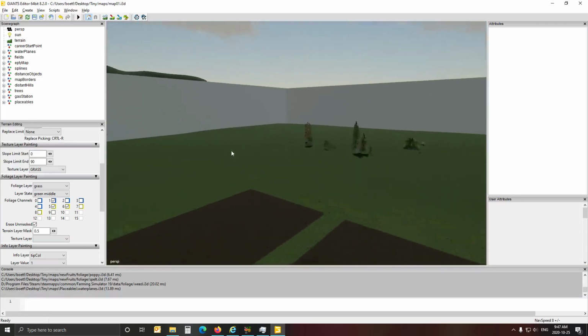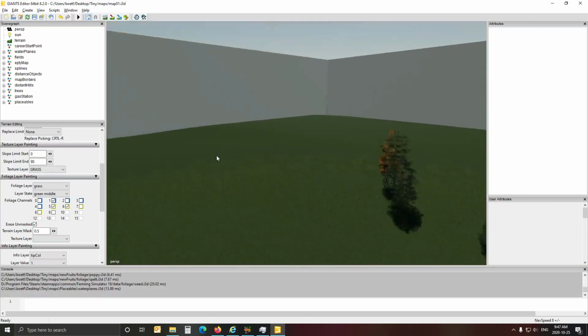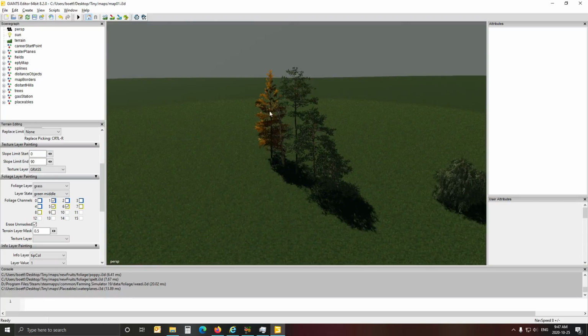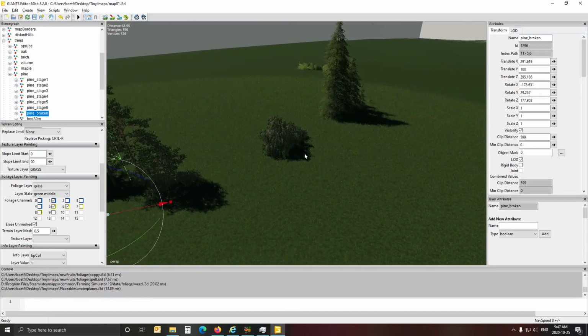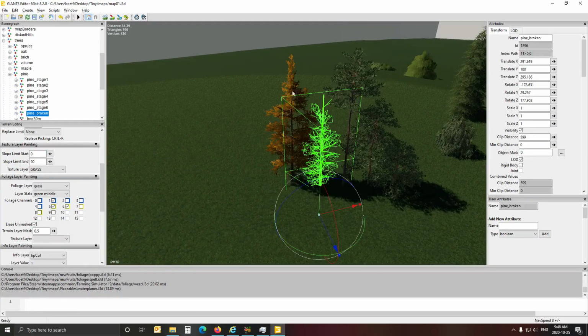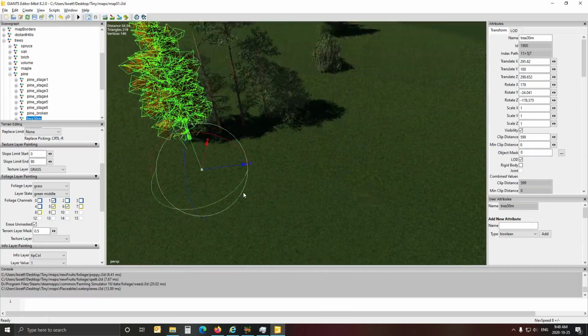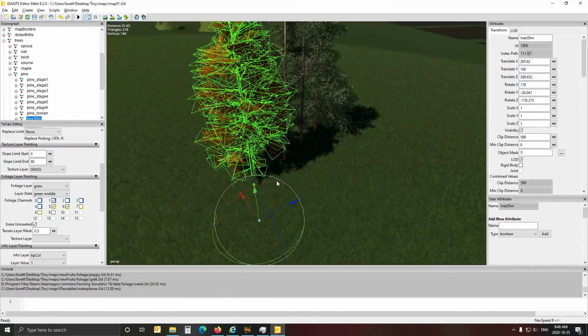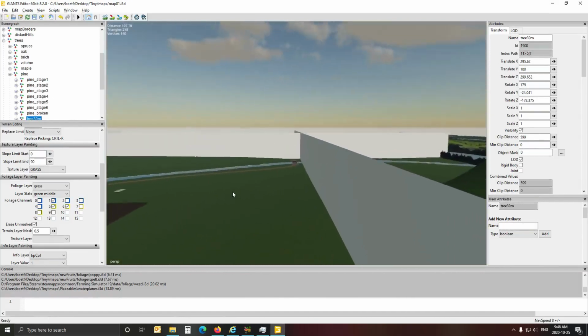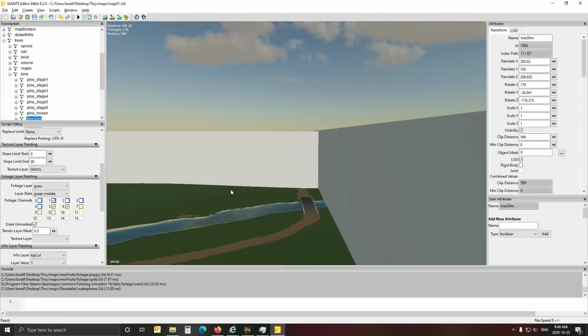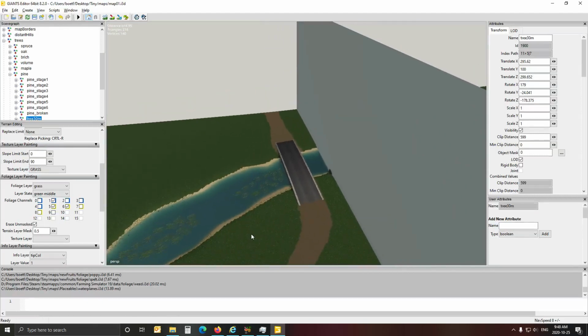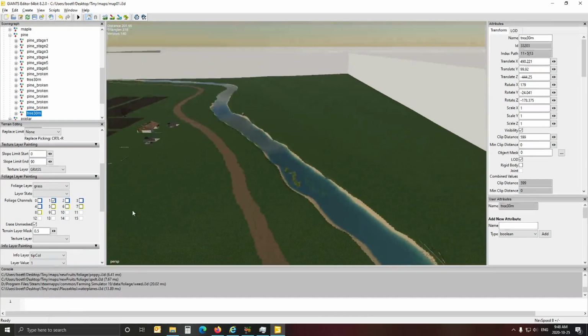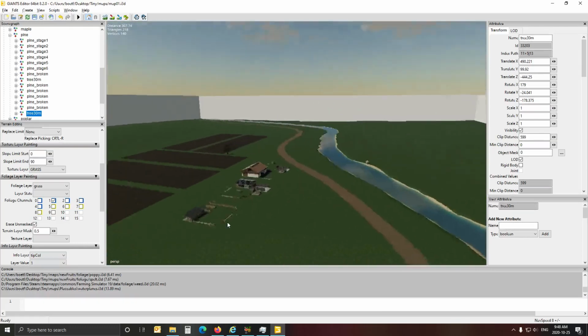Anyways, so here are some trees that are standardly available. I love this orange one, that is beautiful. I really have used that quite a bit in my other maps. I just want to get that one. It's called the tree 30 meter. So you can obviously use that to make the map a bit nicer. Let's duplicate that, place it down here, maybe one here, that would be nice. Alright, and you can just carry on and make the whole map nice,